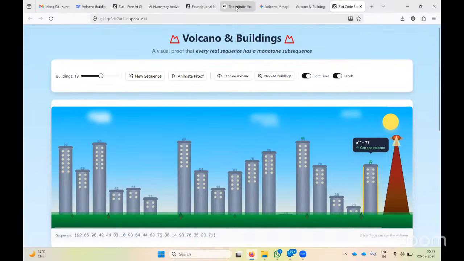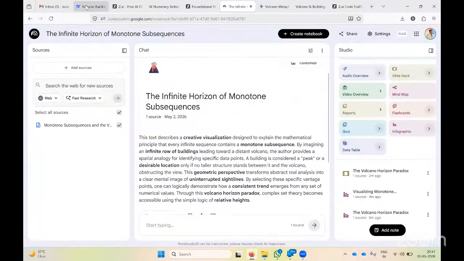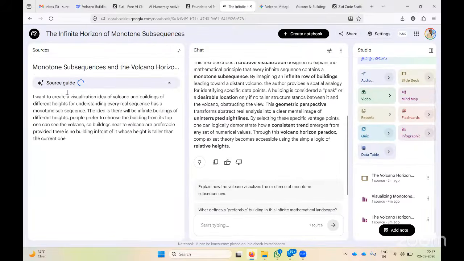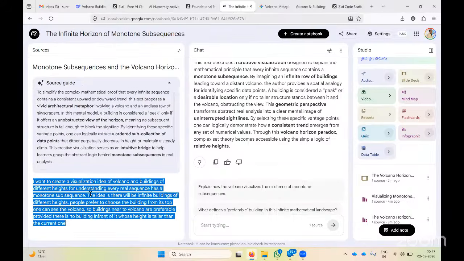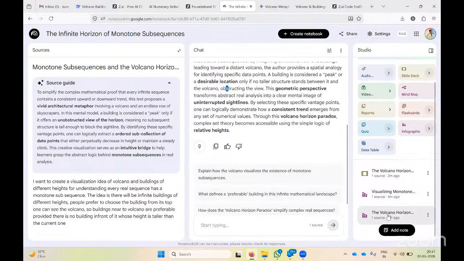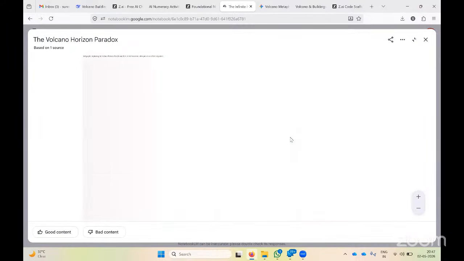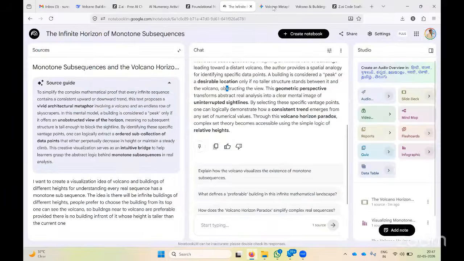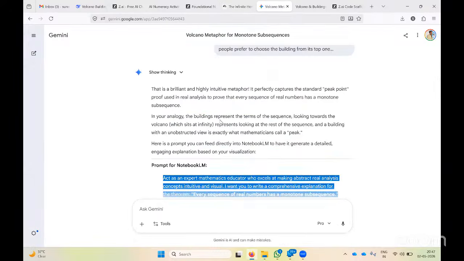And the last one is NotebookLM. What I did here is I just copied the same prompt, the text I pasted in DeepSeek, and pasted it here. Then I converted that without any prompt, the basic prompt which Chaitanya is trying to show. It has automatically created peak 1, peak 2, peak 3. You can pick this and see that these buildings cannot be seen, and so on. Then I went to Gemini and gave that same prompt there.